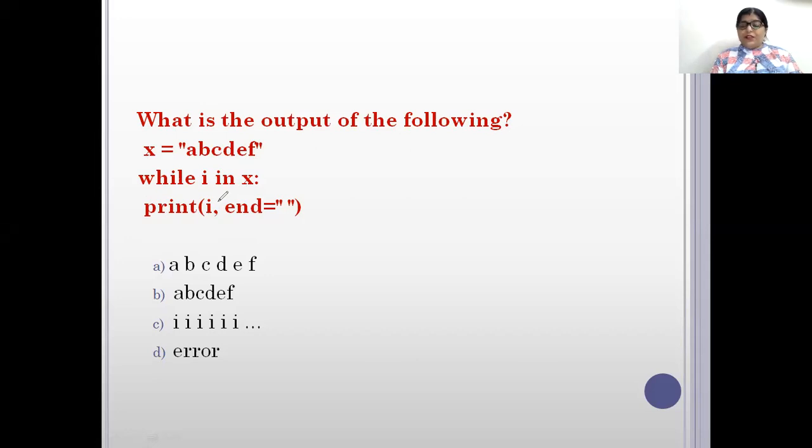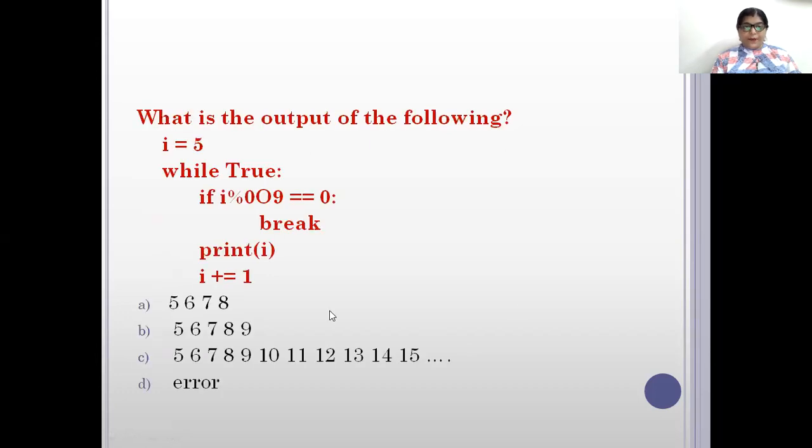So the very first thing is you have to check all these things. So here, what is there? There is no indentation, very firstly. This is a while, because what has to be printed comes in between. So simply the answer here is D, that is the error only, because of the indentation. Okay. So the answer here is D.